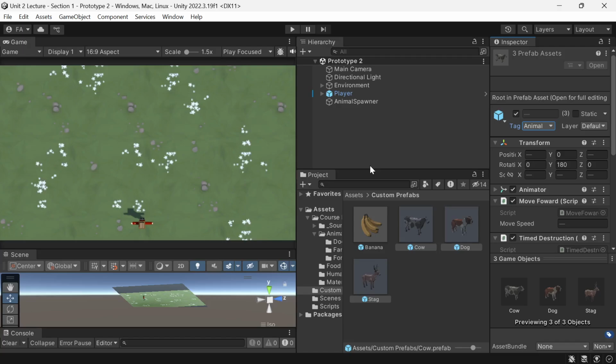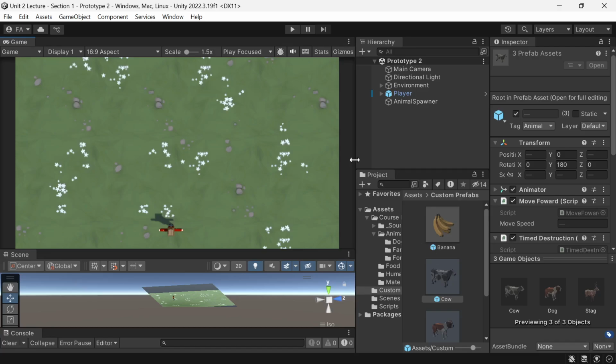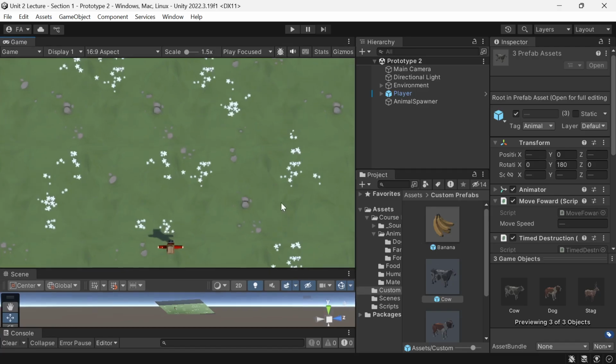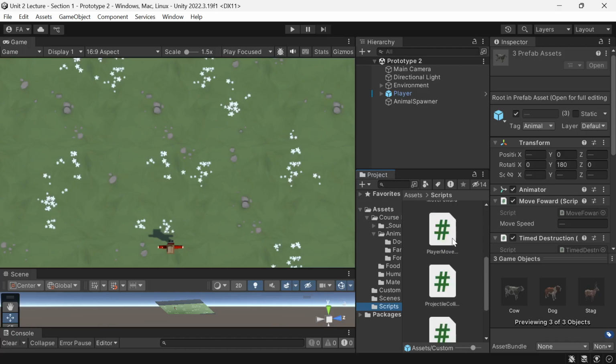So if you have multiple collisions later on, you could pick and choose what happens if it collides with this, what happens if it collides with that. So a tag is sort of like the general category. Okay? So essentially, with this prototype, we've done what we wanted here, but I just want to do a little more clean up in the code, especially in the